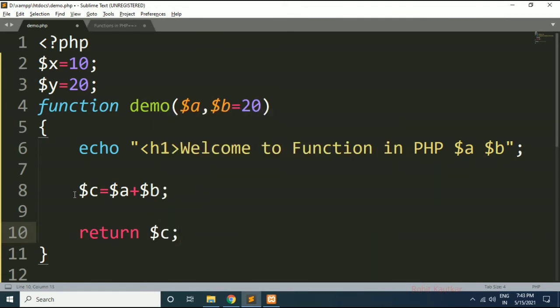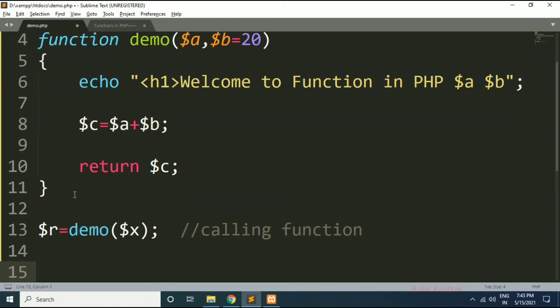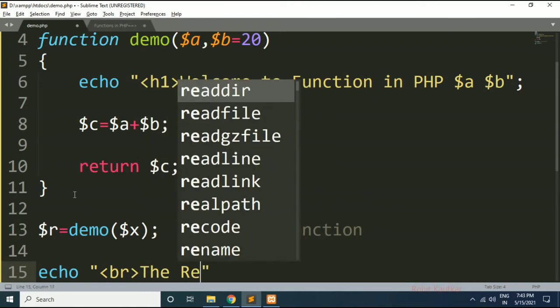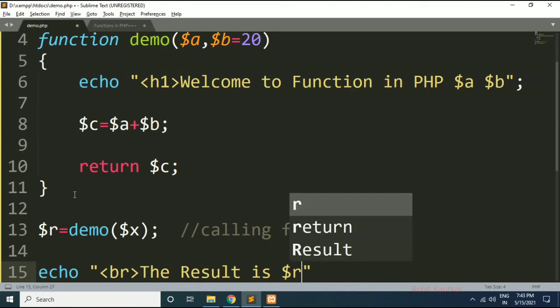So wherever you will call this function, you need to receive the value. For receiving value, I will use here $r as a result, and now the addition will be available within R, and here I will print it. So I will write br, the result is, I will write $r.